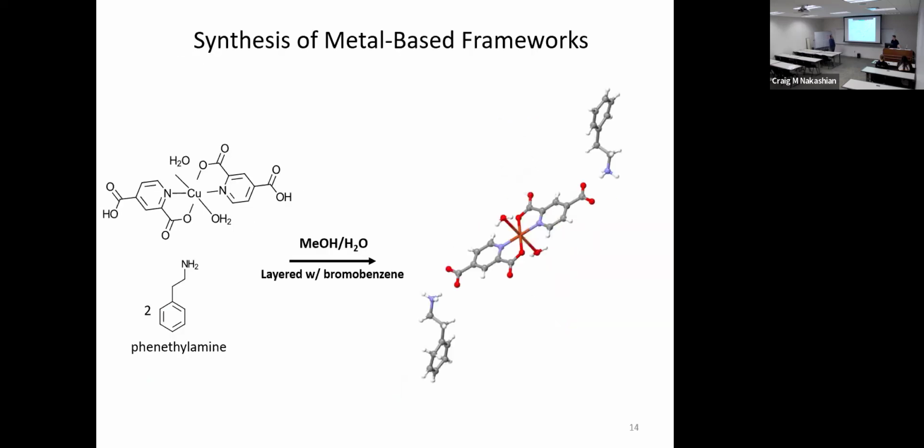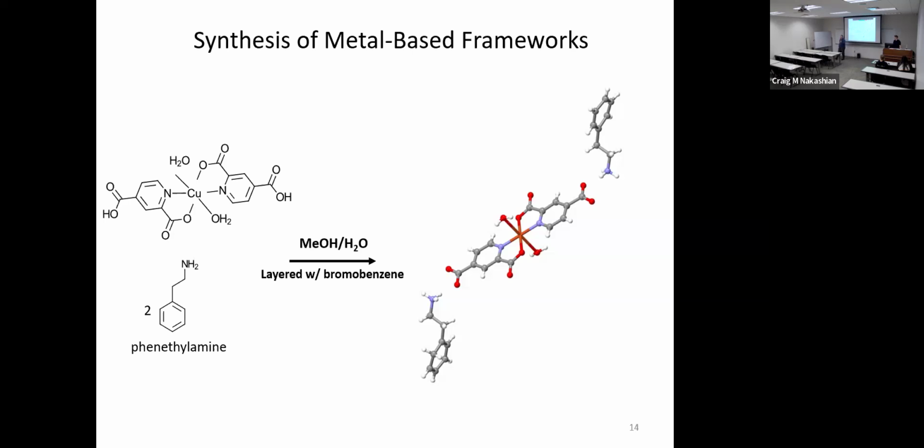Then next, we took the created metal compound and reacted it with a very specific amine, methanol, and water. After creating that framework, we included a gas molecule for insertion, bromobenzene. So what? We tried. Okay, so now this is the part where, like we were saying, this is technically generating the unit